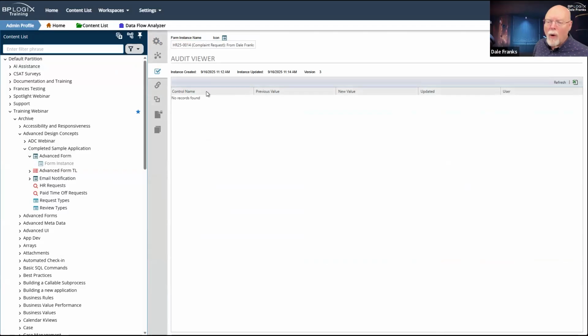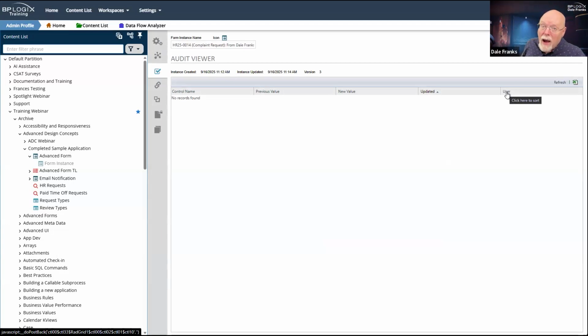But what the audit viewer tab will show you, if you have that audit form fields checkbox checked, is the name of the field. It's control name, actually. What the initial value was, what the new value has been changed to, when that happened, when it was updated, and the user who updated it.